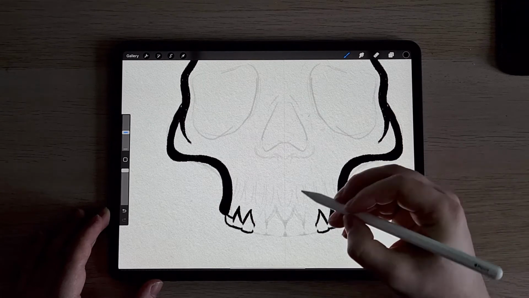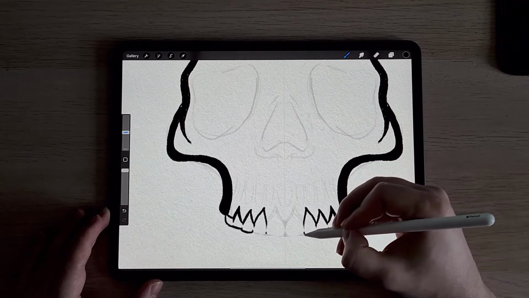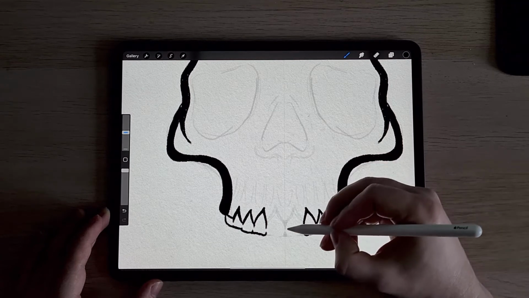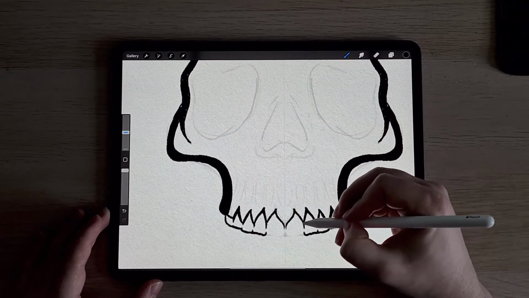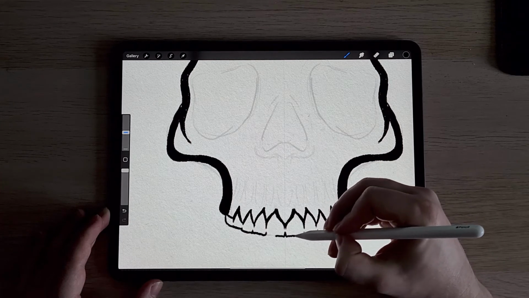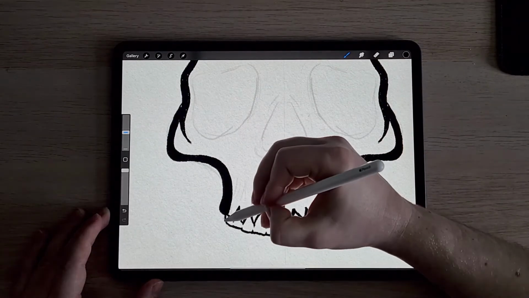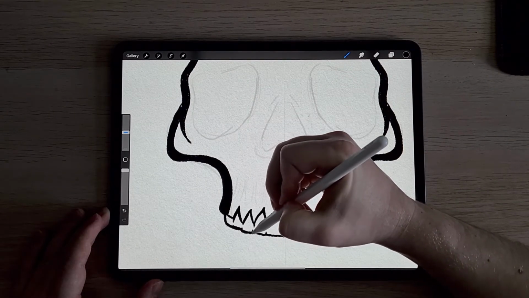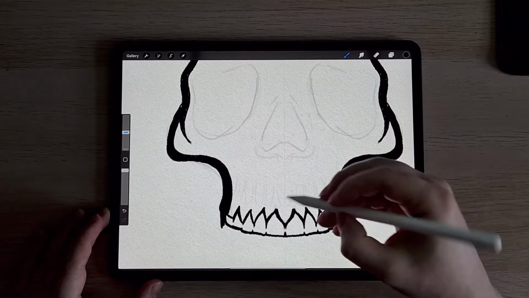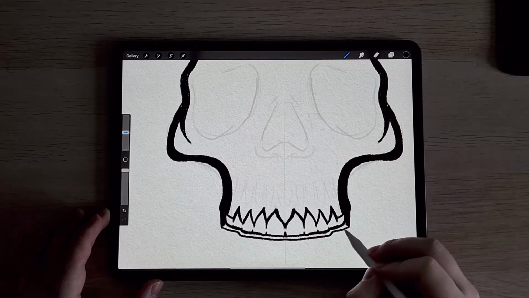It's worth noting that it pays off to really take your time with this sometimes as well. Not every stroke is going to work, and you might have to hit that undo button a few times. Obviously, if you're sketching on paper, you don't really have that option. But if you're sketching lightly, which I would encourage if you're doing this on paper, then you can always erase it with an eraser. But yeah, take your time, because this doesn't have to be perfect, but you want to get a good indication of how you want these lines to look, so that there's less guesswork when you export the finished sketch